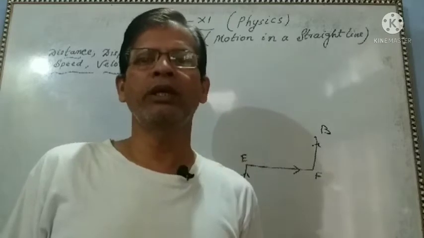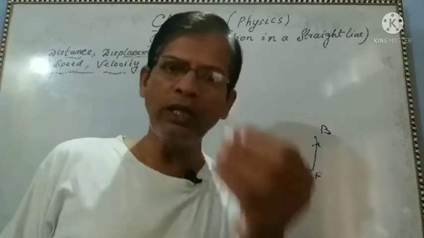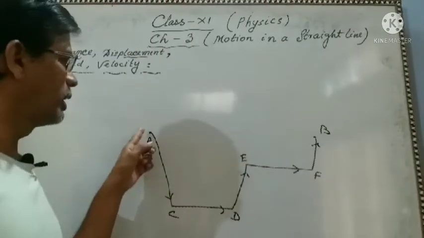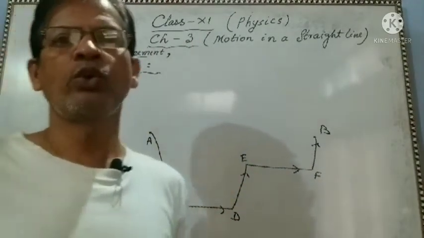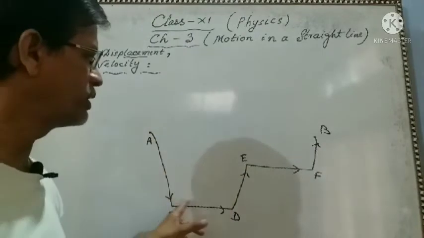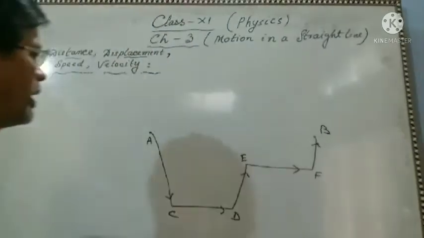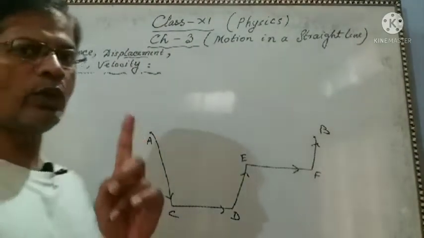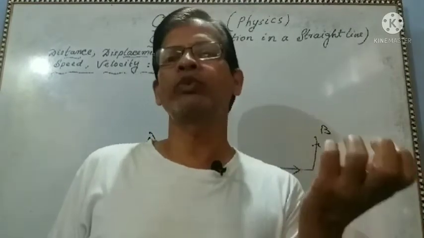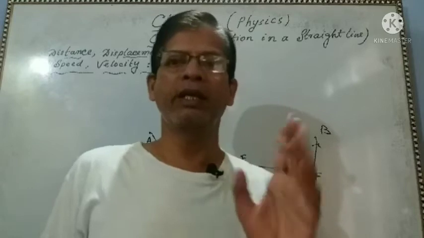And scalar quantity: to express a physical quantity, if we need only magnitude, no need of direction, this is the scalar quantity. So, in this case, to express distance, we are not depending upon direction, only upon the magnitude. So, this is a scalar quantity. Clear? Now, one more thing: distance will either be positive, or if it is not moving, then 0. It can never be negative. Distance can never be negative.